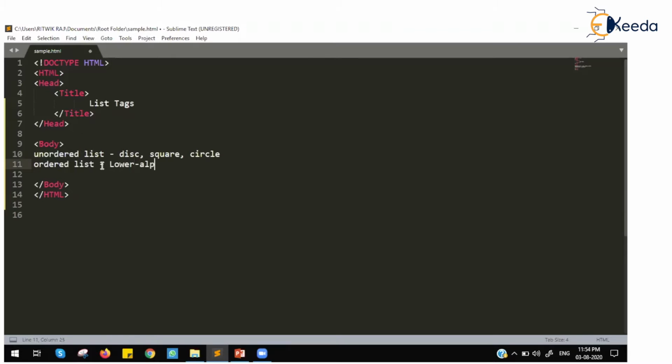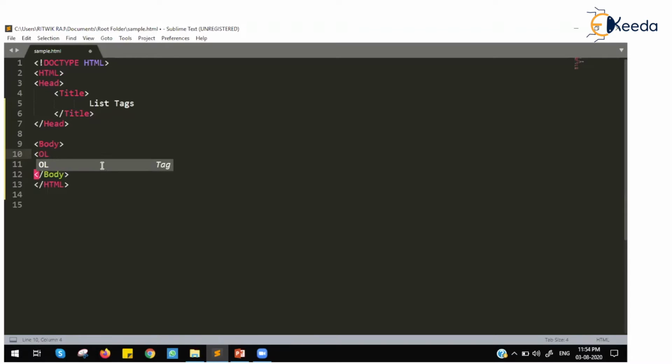So there is lower alpha, then you have upper alpha, then lower Roman, upper Roman, and you have decimal. So we will see all these types of list in this video. Let's begin with